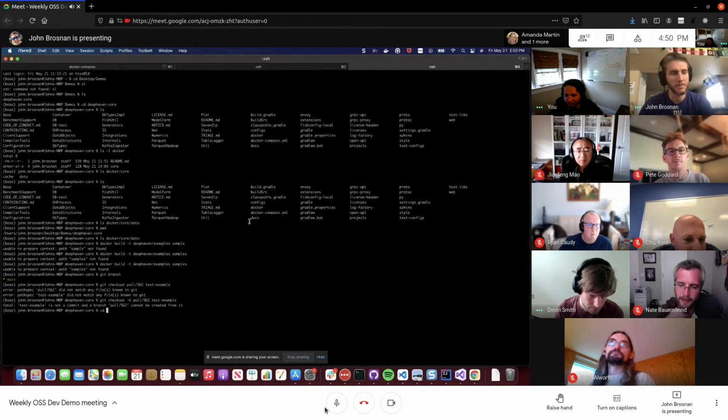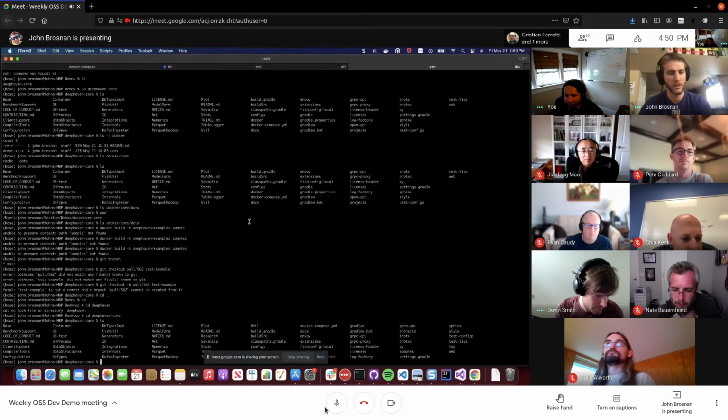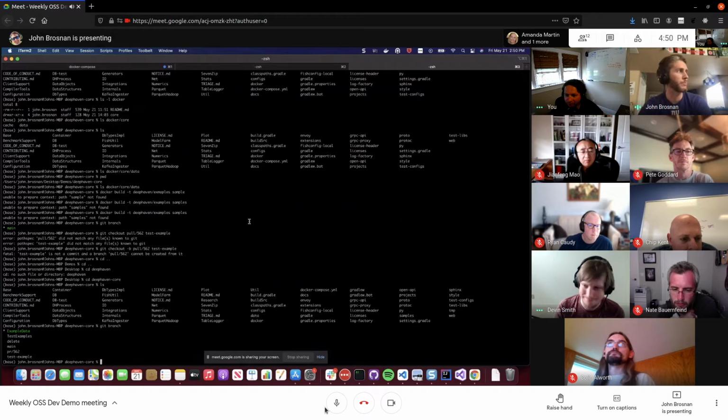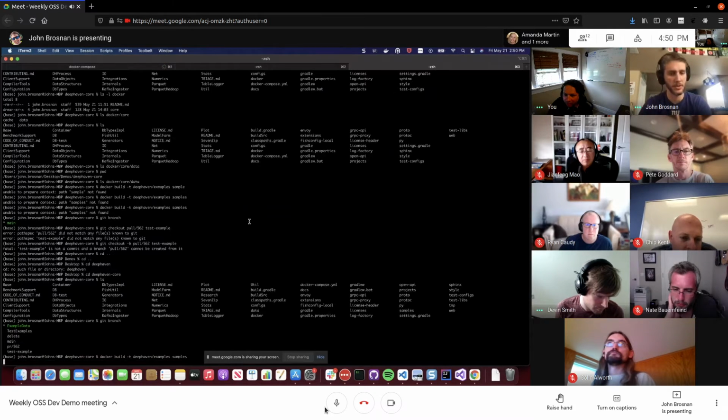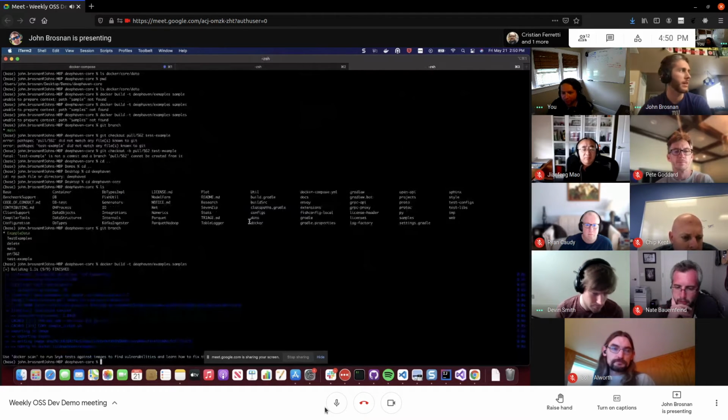I did this earlier, and I forgot to do it again. So I have my own branch here, and so in here we can see I actually have the proper branch pulled down on the pull request. So the Deephaven examples, samples. Okay, so you get some messages, and then it's only one other command,